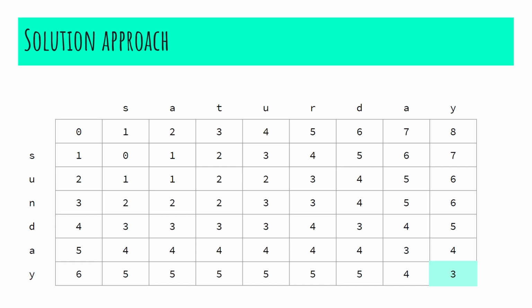After filling all the rows, the value that we obtain at the last row, last column will be the value that we will return. This is nothing but 3. The last 3 and the first character are the same, so we basically need to convert the "un" of Sunday to "atur". This can be performed by replacing n with r and then inserting t and a. Therefore, totally we will be performing 3 operations, and that is what we have got in the last position of the DP array.